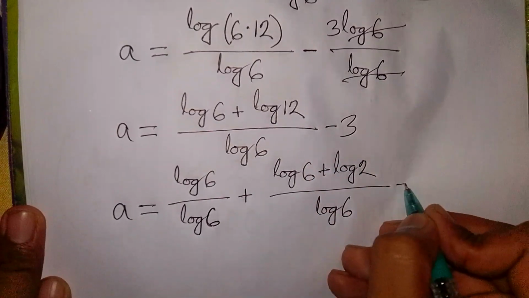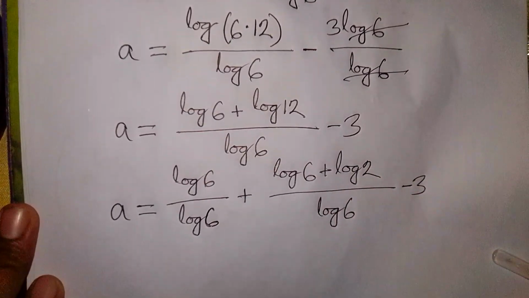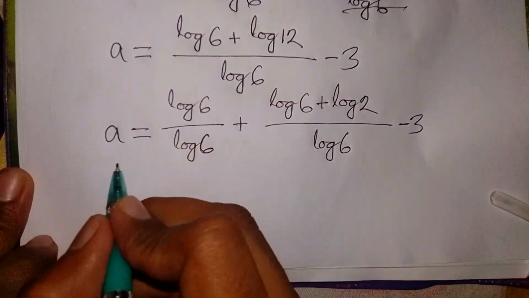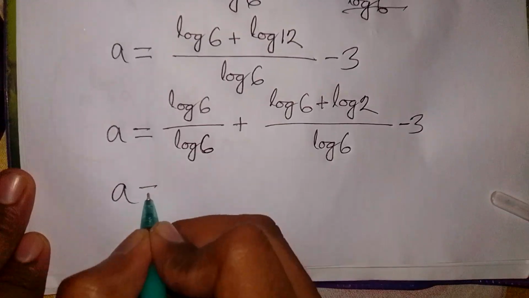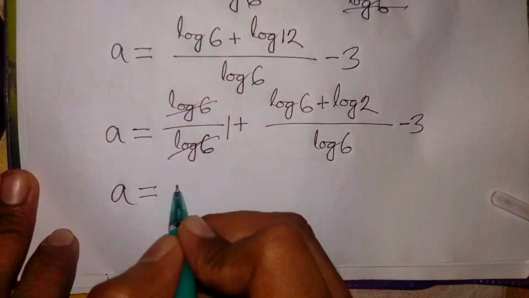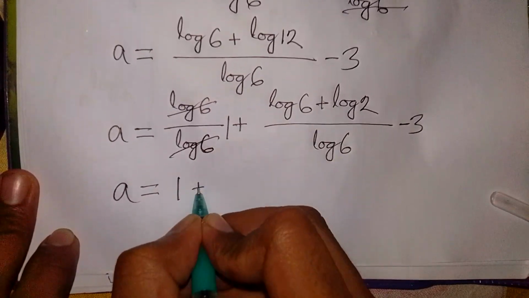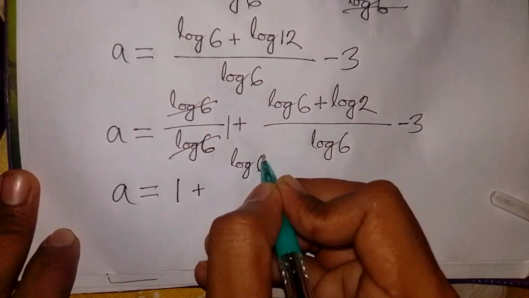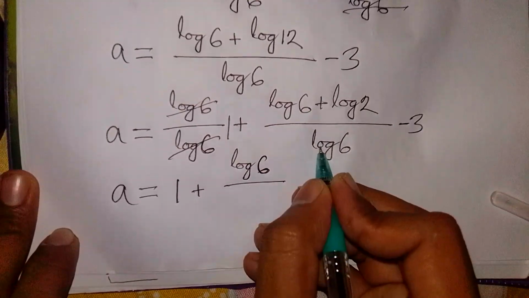Here subtract 3. In the next step, this log 6 will be cancelled. Here 1. So 1 plus log 6 over log 6,